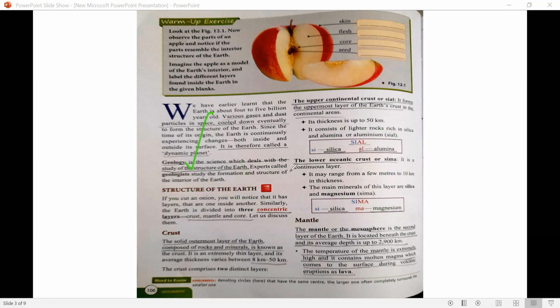And who deals with these things? Geology. Experts, actually called geologists, study the structure of the interior of the Earth. So actually all these things are held by geology, and geology is like a subject we study